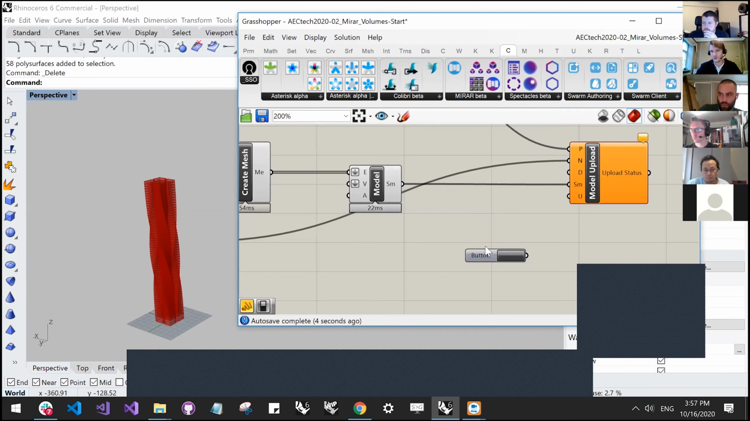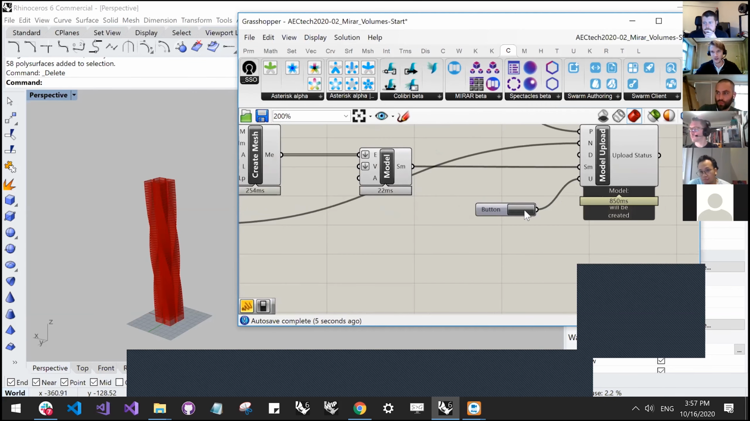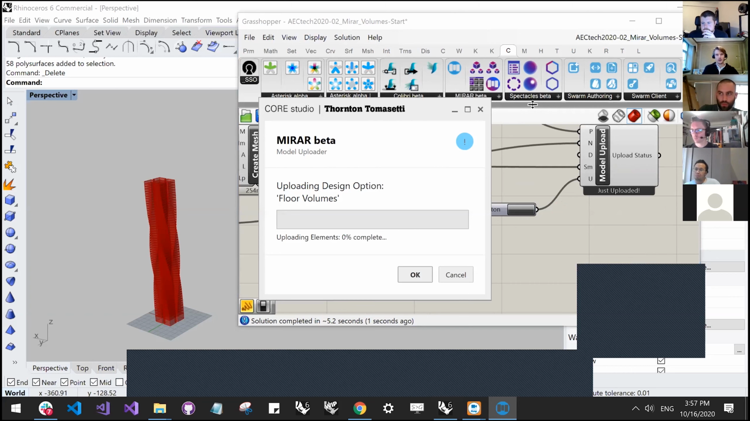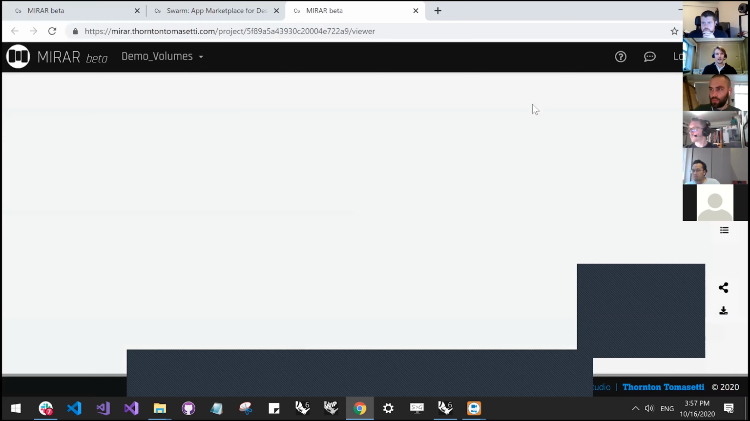So I always create a button and not a toggle, because if you leave it true, it will actually upload a new model every time you compute the solution. So it's better to use the button, and that's pretty much it. So I'll just go ahead and press it, and now you will see the loader launching, and it's just grabbing the Grasshopper model and the spectacles model that we just created, and pushing it up to the cloud. And then it redirects me to